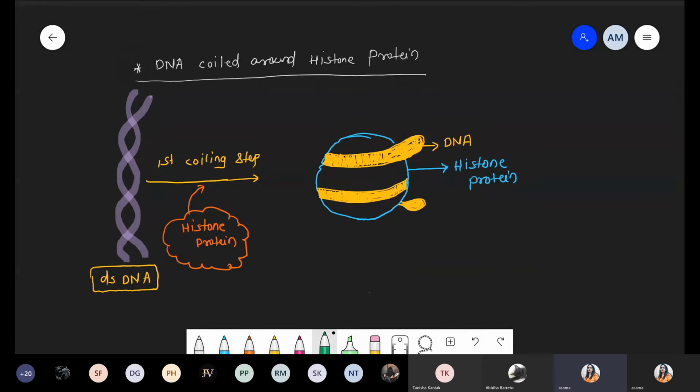So quickly we revise some part. We are talking about DNA packaging, and inside DNA packaging we are talking about how negatively charged DNA is packed around positively charged histone protein, and that histone protein is rich with the lysine and arginine amino acids. Now we start from one simple structure, the presence of double-stranded DNA in twisted helix form. Now that double-stranded DNA undergoes the first coiling process, and during that first coiling, there is an entry of protein. Simply we can say there is a histone protein. Now what happened? After that, the histone protein forms a typical structure, right?